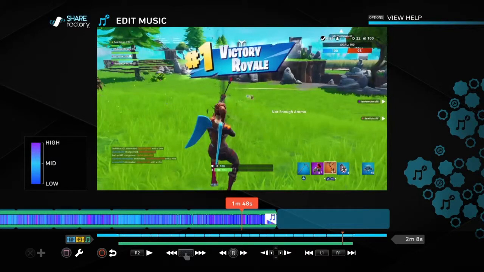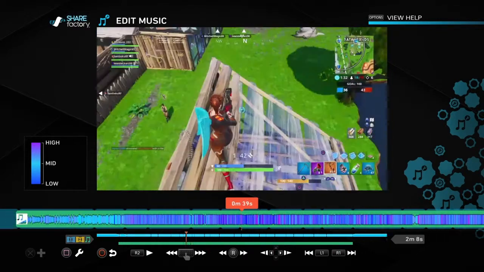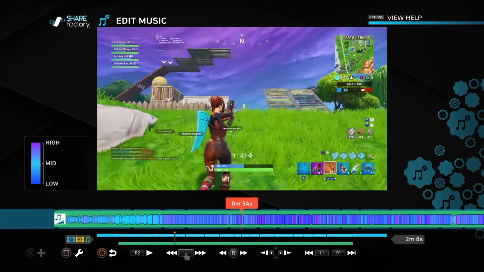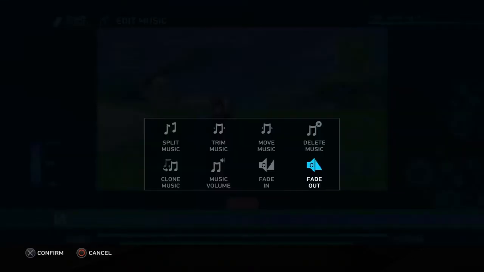That's pretty perfect for me. So I'm just going to be like, that's fine. Now that we've got our music sorted, we don't need to do anything else to it. It's fine. If you want to load a level, you simply press square and you can change it by changing